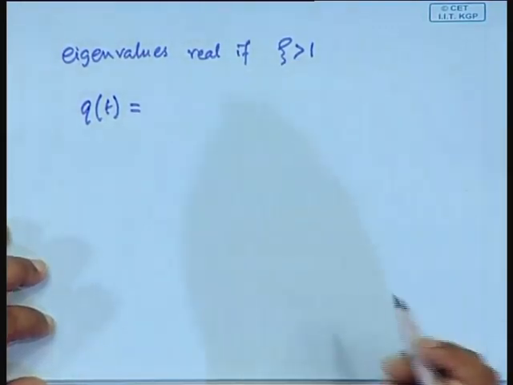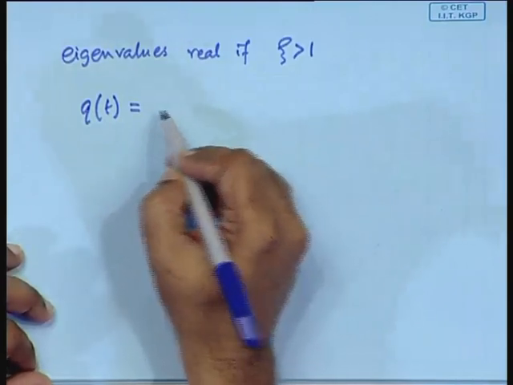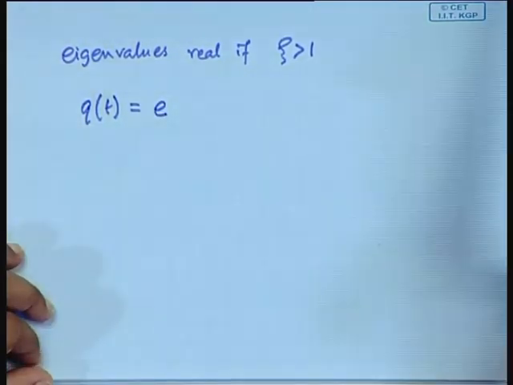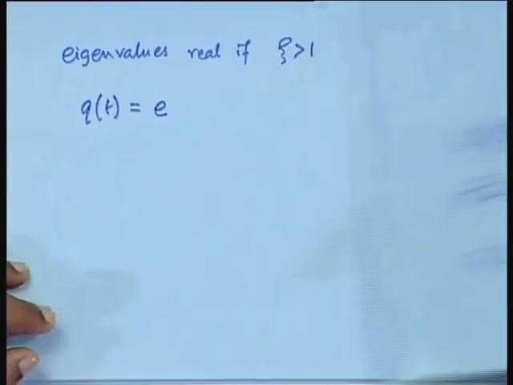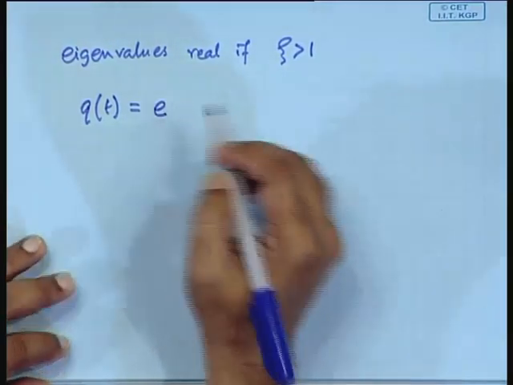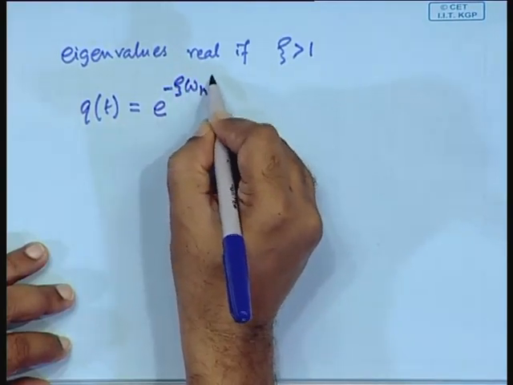There are two eigenvalues which are both real. So, you have e to the power, when it is real, take omega in common, and what remains? Minus zeta omega n t